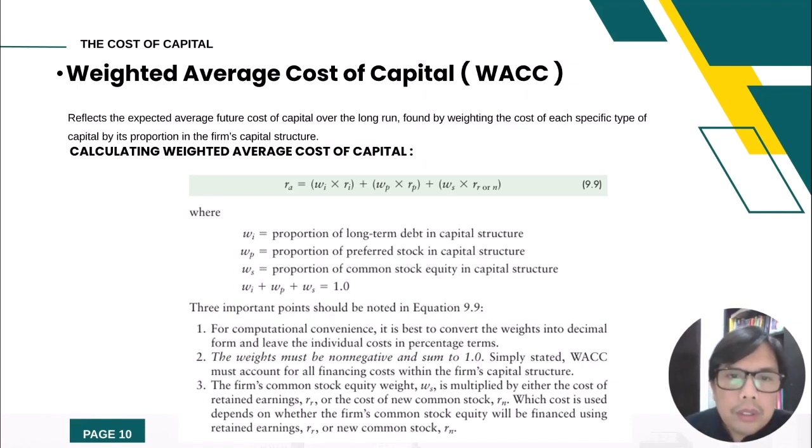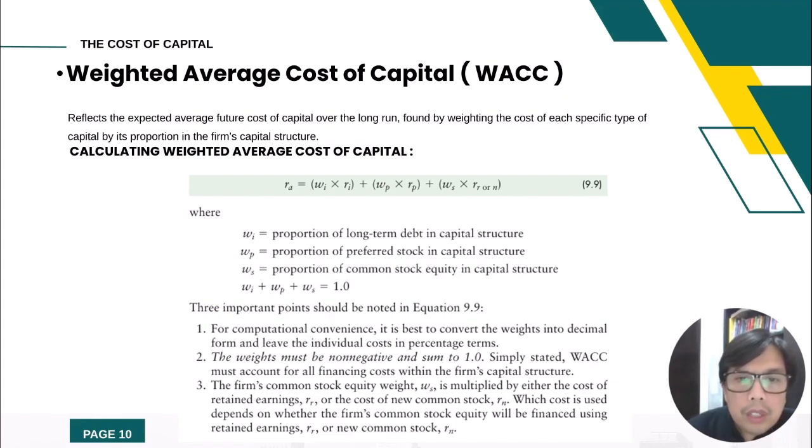This is the equation. RA equals the product of WI times RI, plus the product of WP times RP, plus the product of WS times RS, where WI is the proportion of long-term debt in the capital structure, WP is the proportion of preferred stock in the capital structure, and WS is the proportion of common stock equity in the capital structure. WI plus WP plus WS is equal to 1.0. Three important points should be noted in equation 9.9. One,